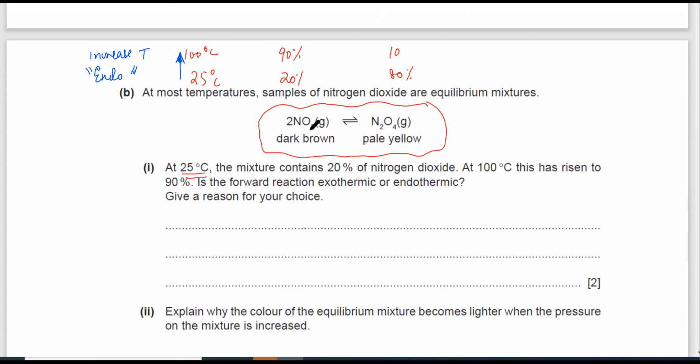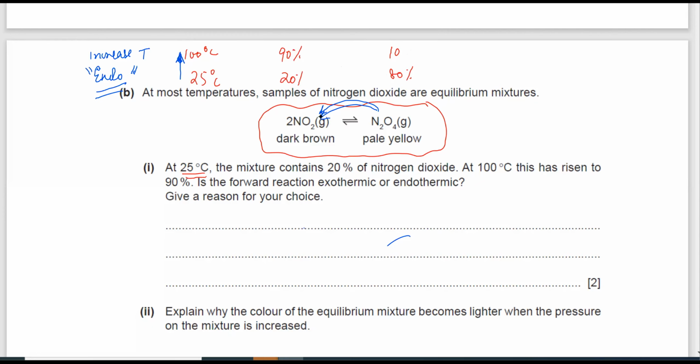At first NO2 was less, at 25, but if you increase temperature, the quantity of NO2 will be more. There's more NO2. That means backward is happening. More backward reaction is taking place. So if endo is favored, the backward reaction is the one that's actually going to be endothermic. And by the percentages you can see that NO2 was less before, now it has suddenly become more, so the backward reaction has taken place.